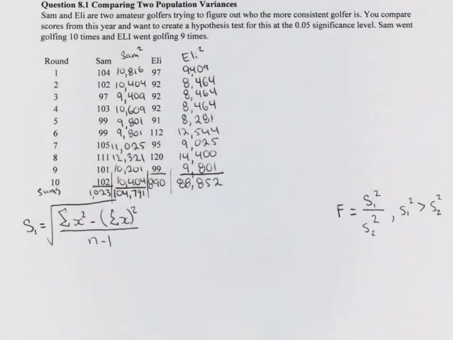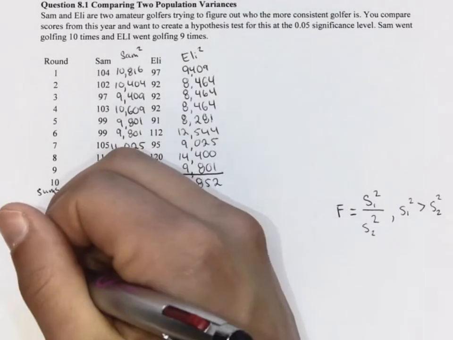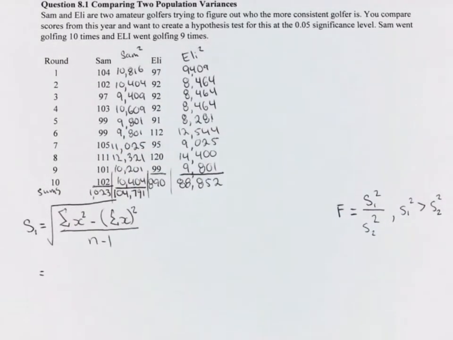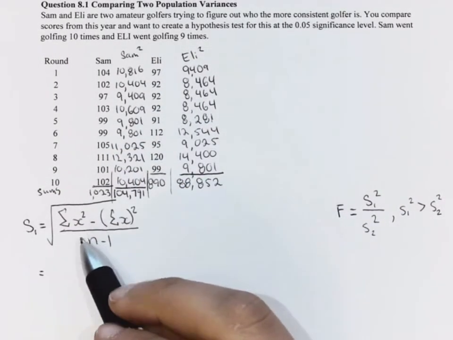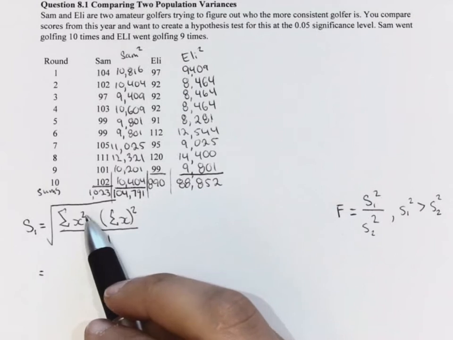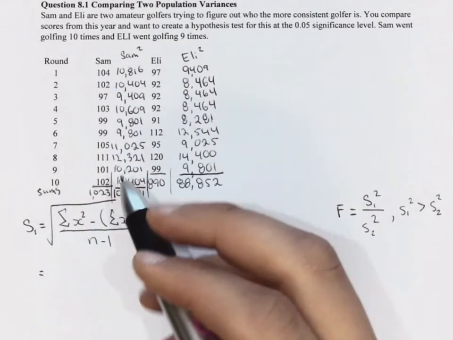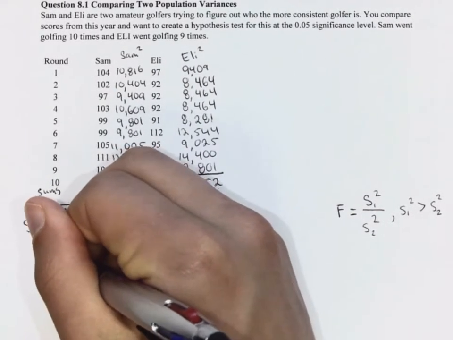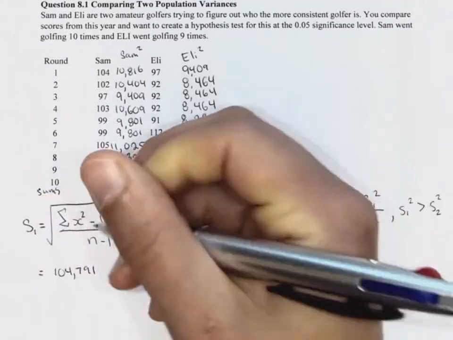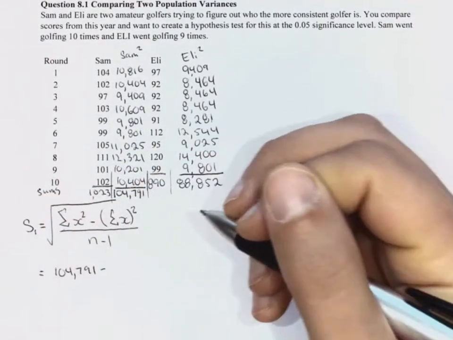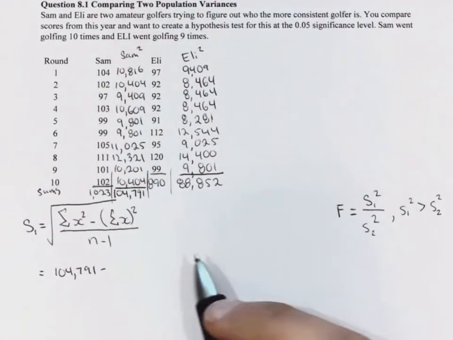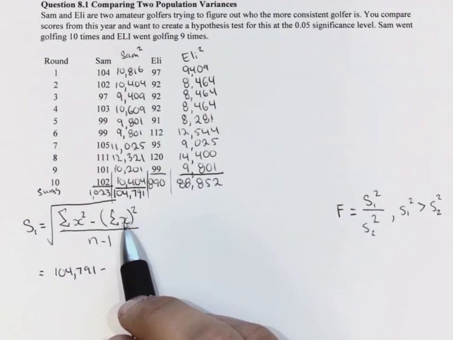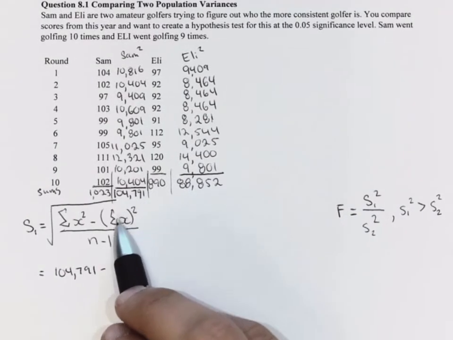We start with S1 for Sam. The sum of our observations squared is 104,791, less the sum of our observations, which we will square,